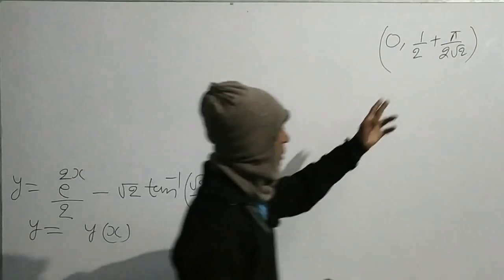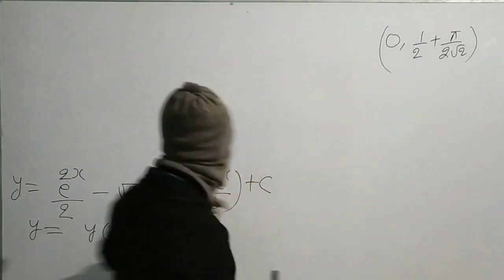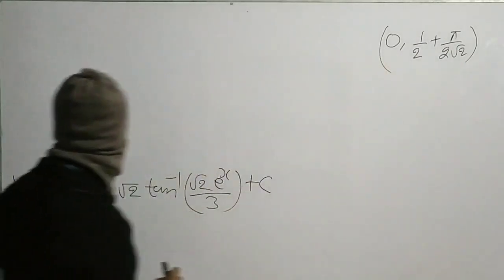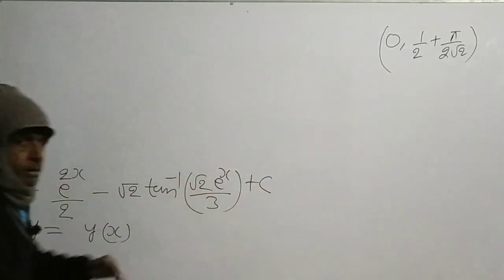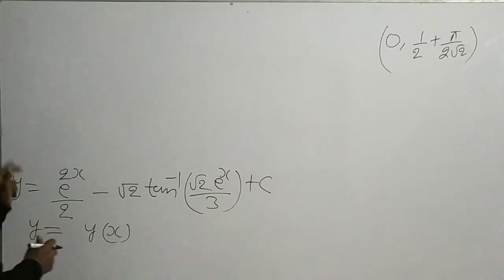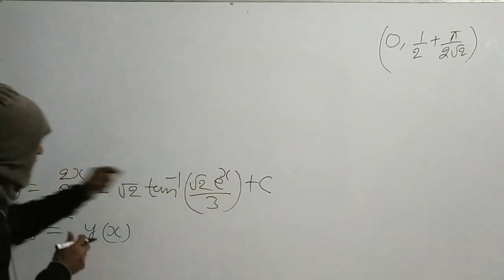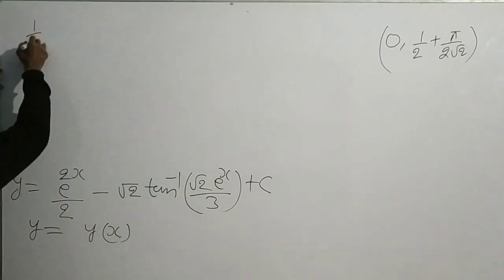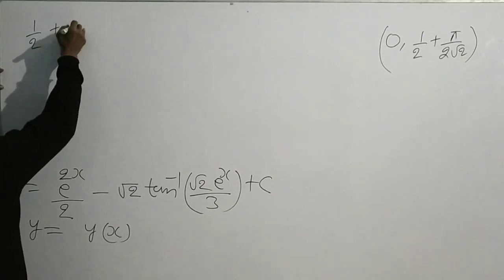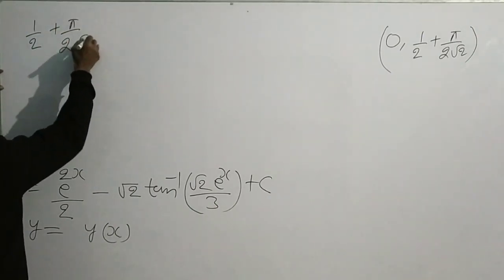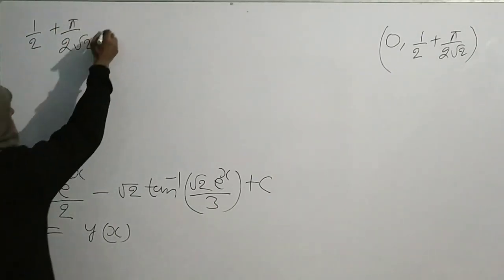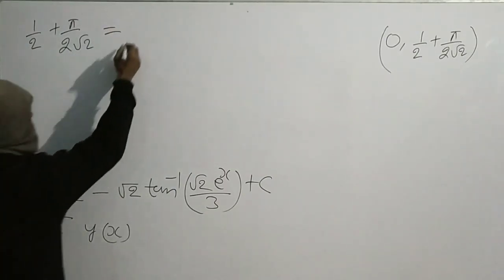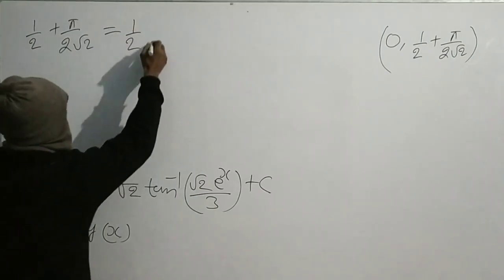Therefore, when we put the y coordinate in place of y and x coordinate 0 in place of x, LHS will be equal to RHS, that means the equation will be satisfied. 1 by 2 plus pi by 2 root 2 will be equal to e to the power 0, which means 1 by 2, minus root 2